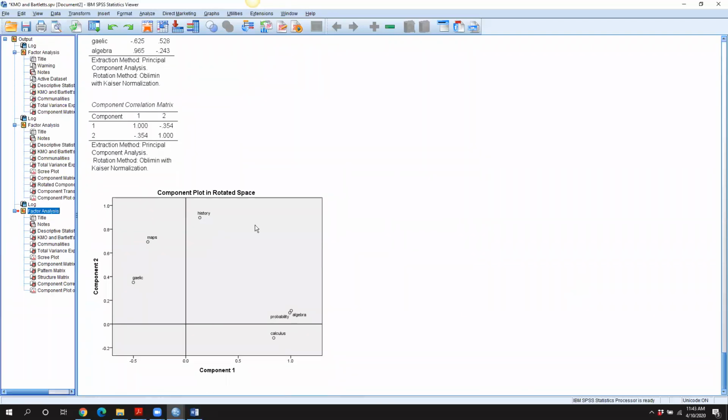And here again, now you see we rotated them. Since we allowed it to rotate, it's telling us it looks like maps and Gaelic might be together and history over here, that little third mini subfactor. And when we go back to